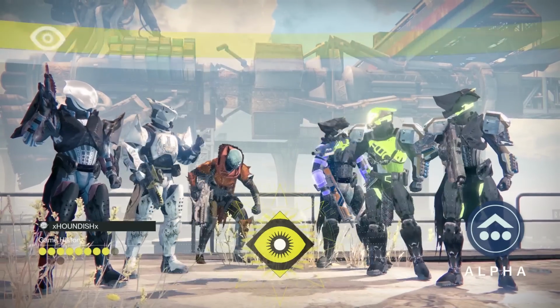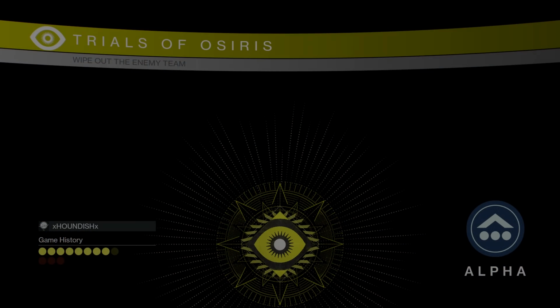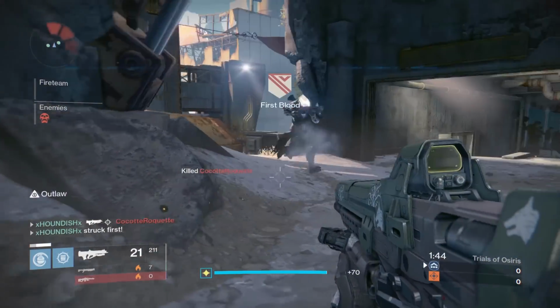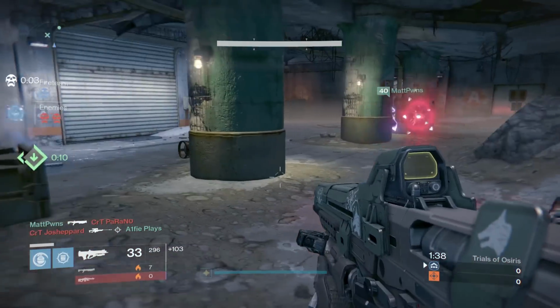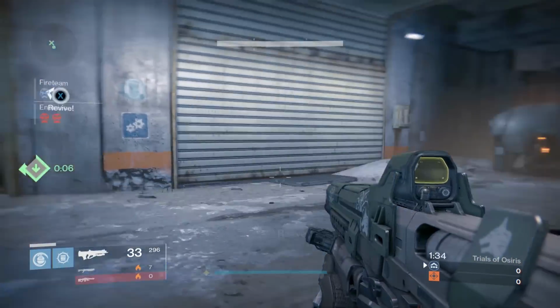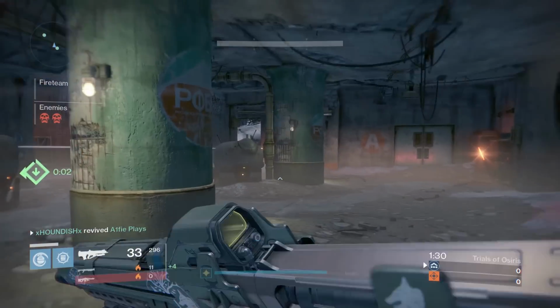Houndish here, and this week's Trials of Osiris map is Exodus Blue, which is a map that I hadn't really thought about and considered being in Trials of Osiris this time around. It's also quite a contrasting map against Bannerfall from last week, which I felt was a pretty heavily sniper orientated map. There were a lot of opportunities to snipe if you could grab the right part of the map and protect it. It was a pretty good way to play, but this map has much more narrow